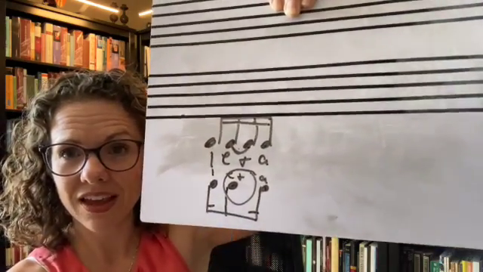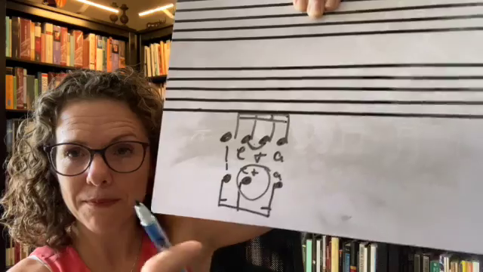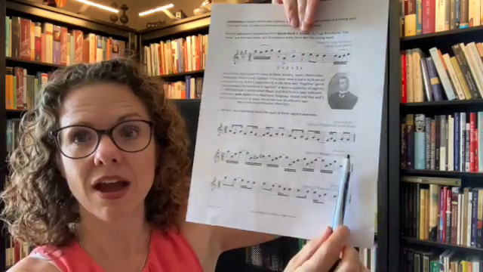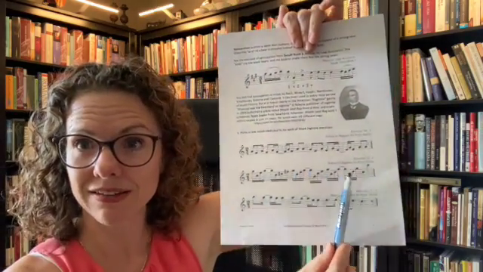1 E 1 E 1 E. Okay, so this is where syncopation comes, and counting and subdividing come in handy. Subdividing comes in handy when we're counting syncopation. So I want you to write in the counts for what they are, and it should be subdivided. Then on the next page,